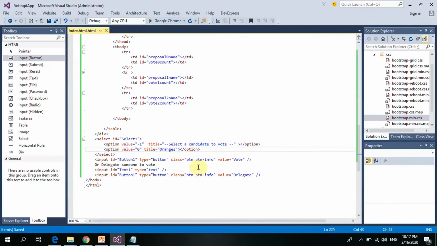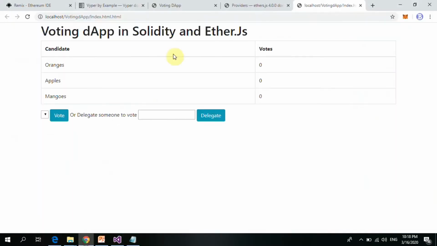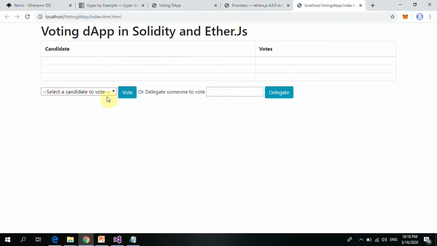Okay, that means I'm missing something. Is it okay? No, not title. Here should be where we put the oranges, not title here. I was beginning to wonder what am I missing. So I think this should be in between. Not title, just put value and the text in between here. Let's run this again and see. Sometimes very basic HTML can